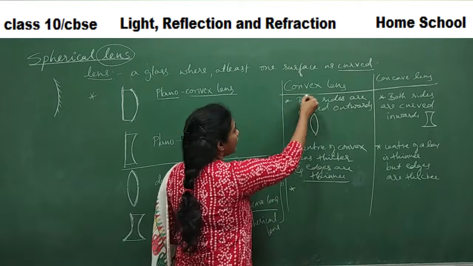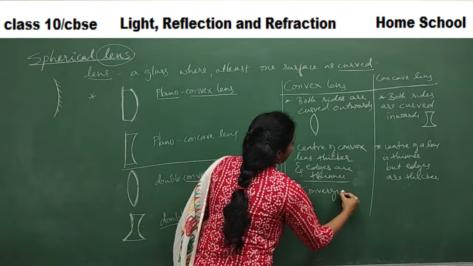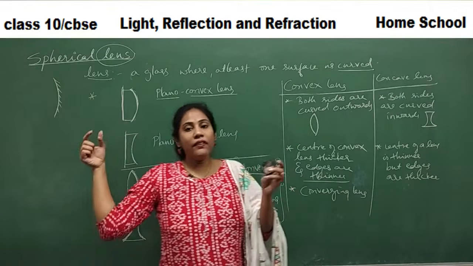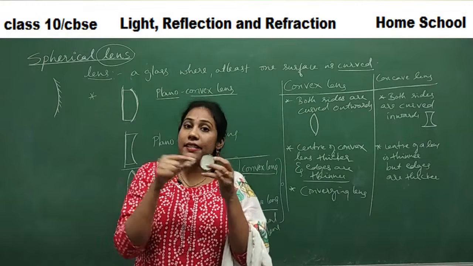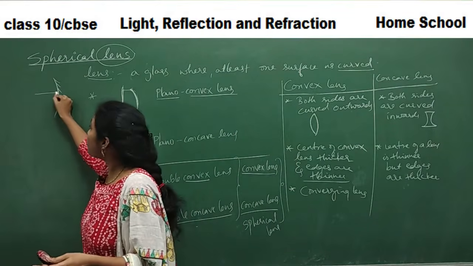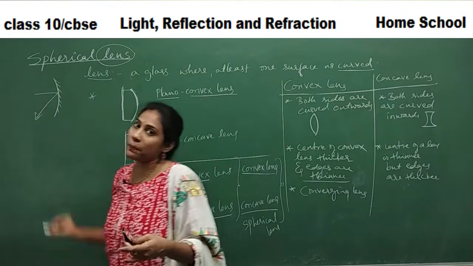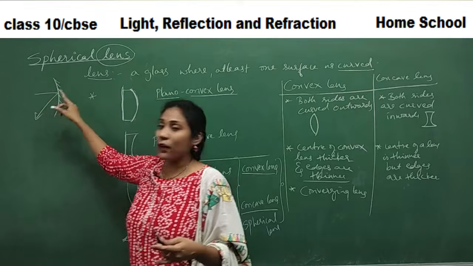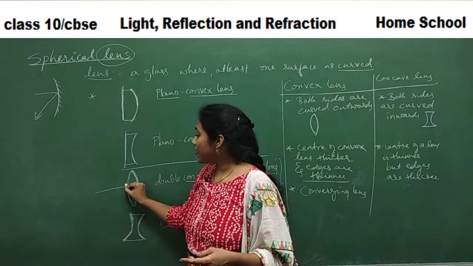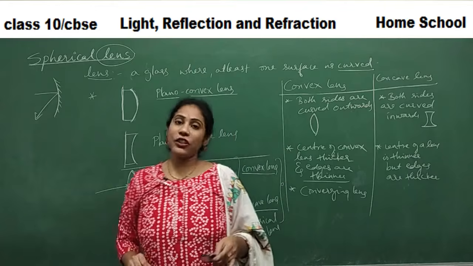And convex lens is actually called a converging lens. That means, whenever rays pass through a lens, refraction takes place. Whenever rays passed onto the mirror, which process took place? Reflection took place. There we studied everything about reflection. But whenever the light rays pass through a lens, what happens? Refraction takes place.